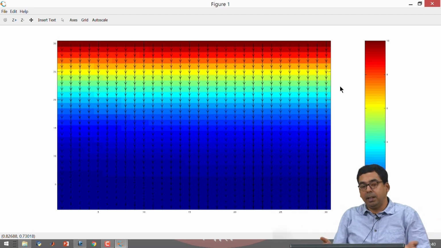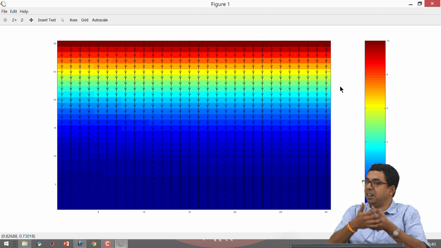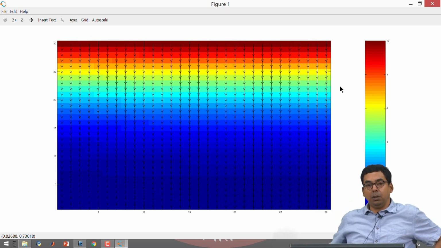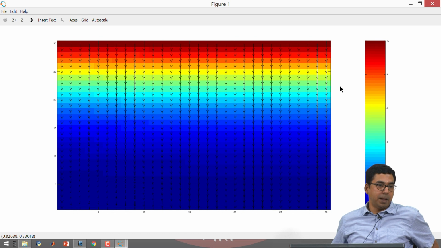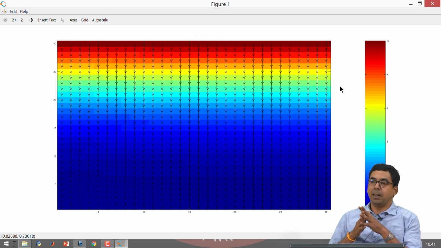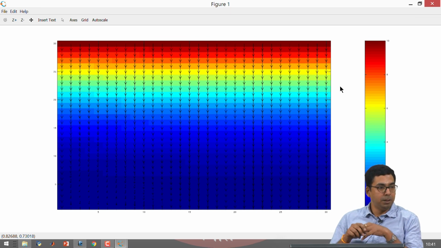Also, we are considering that there is no derivative on the x side, which means that it is infinitely large and there are no fringing fields or fringing capacitance present over here. So, this would be the definition of Neumann condition. I am not sure how many of you have solved partial differential equations before on a computer. But by looking at this, I hope you will be convinced that there are some merits in doing it this way, because visualization becomes easier than actually writing down a few analytical solutions.